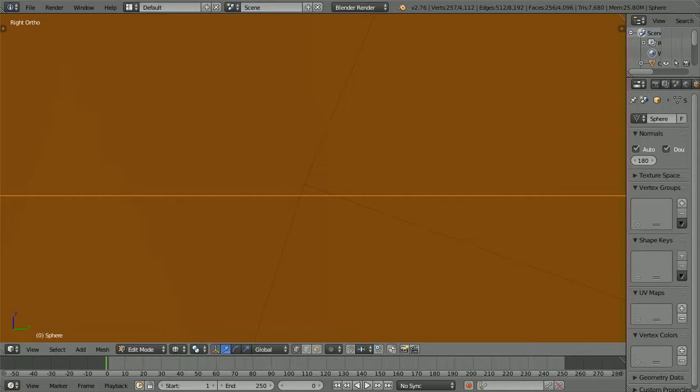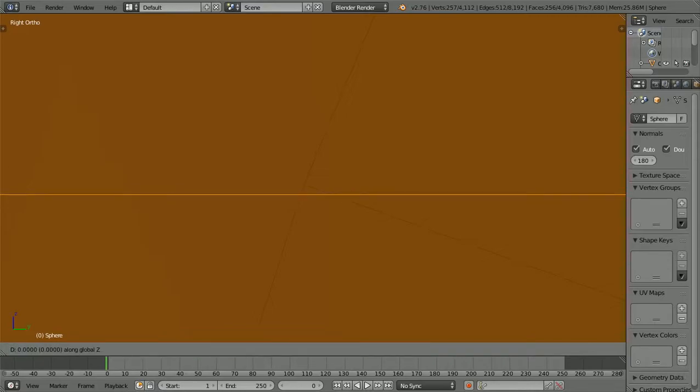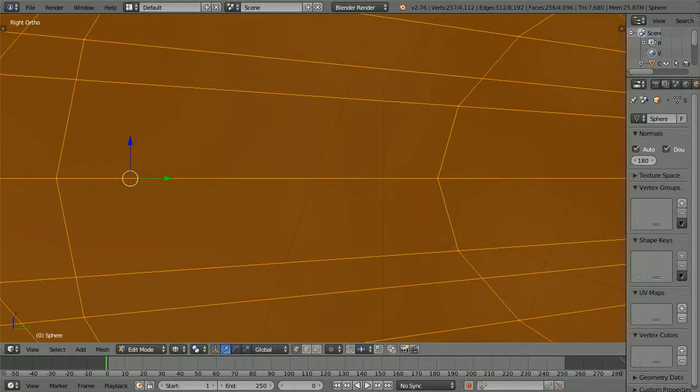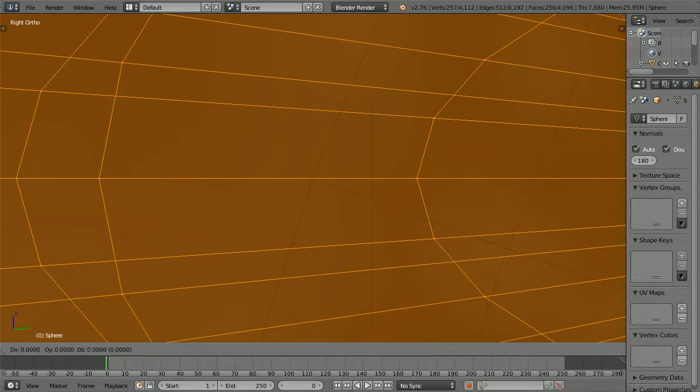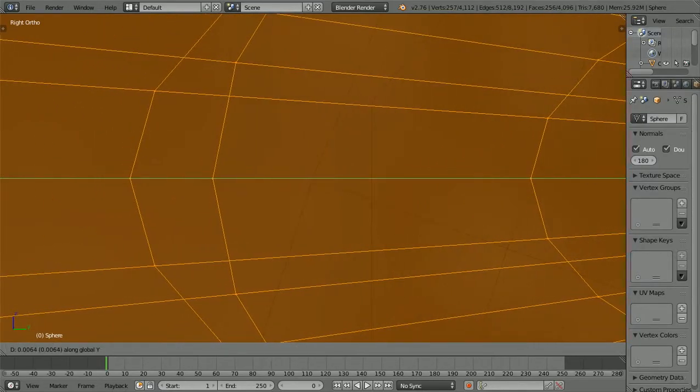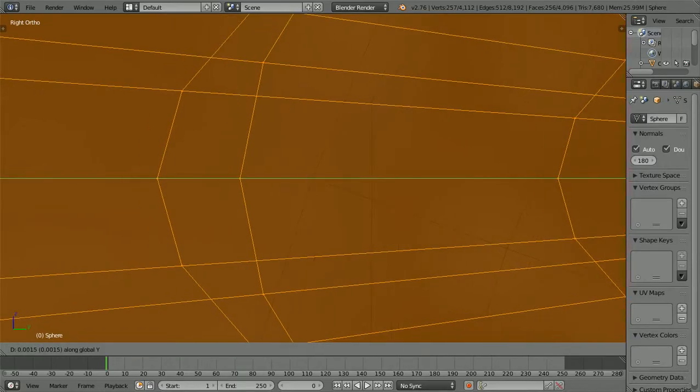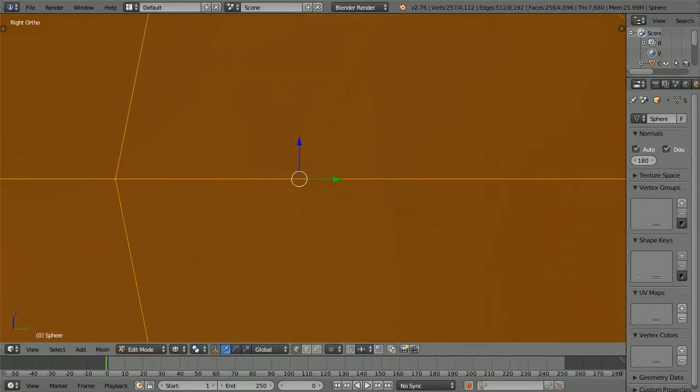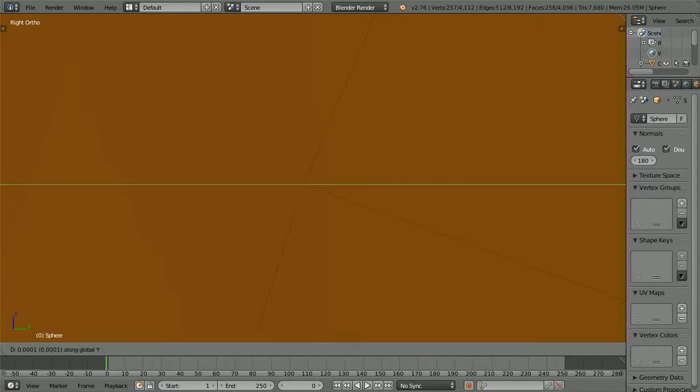Then I can grab it on the Z, and I can line that line right over the top of that intersection line. Then I can zoom back out a little bit, grab Y, grab Y, getting closer, grab Y, a little over, grab Y,